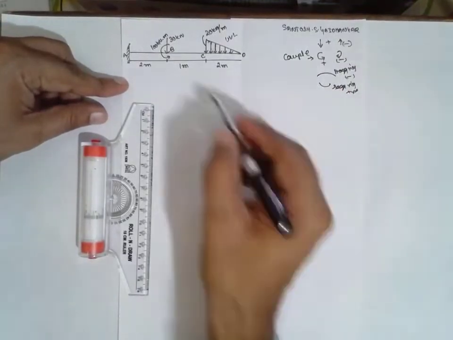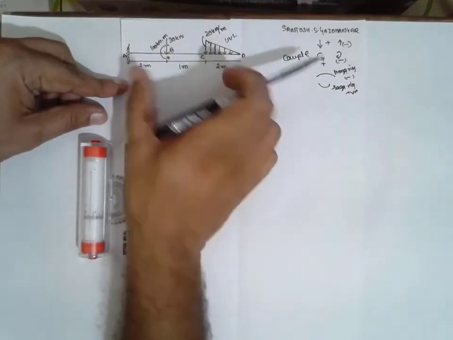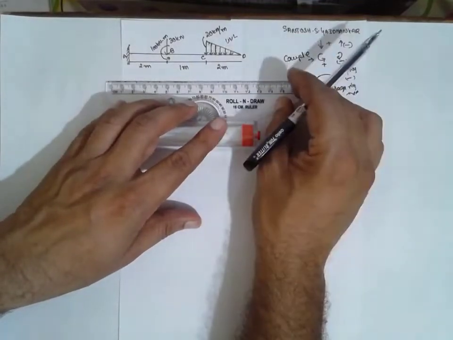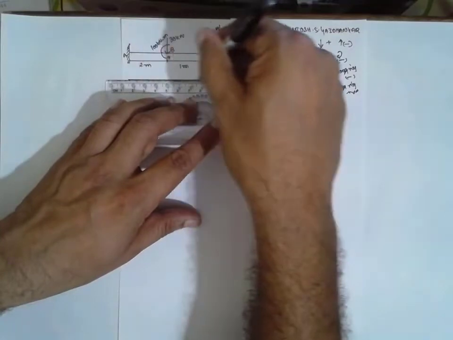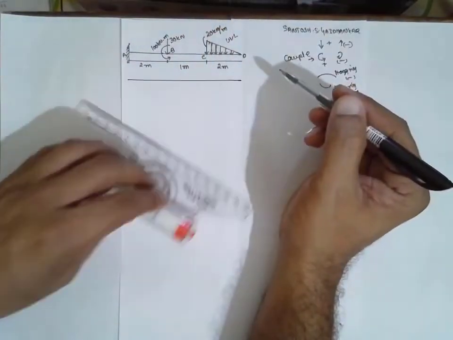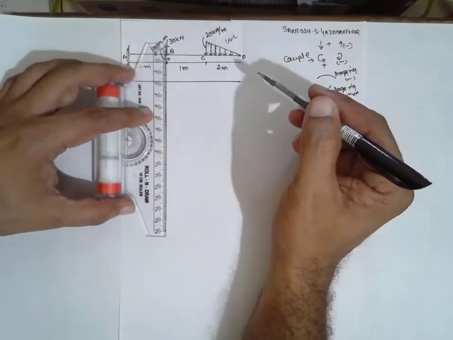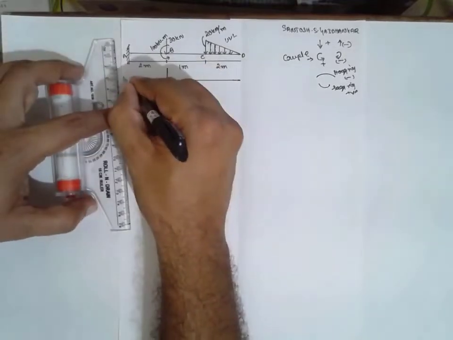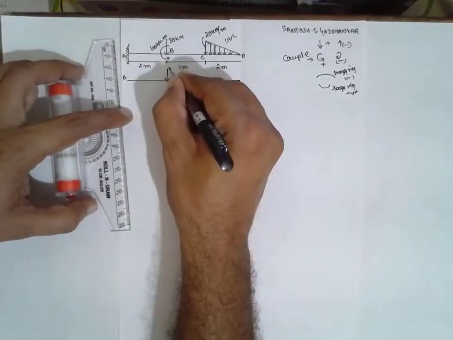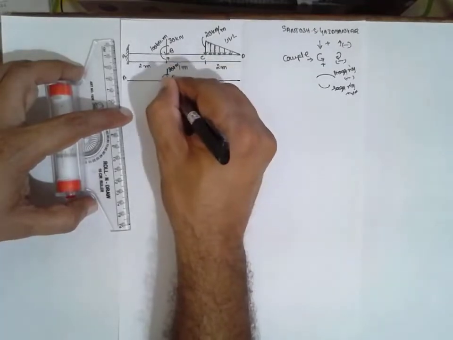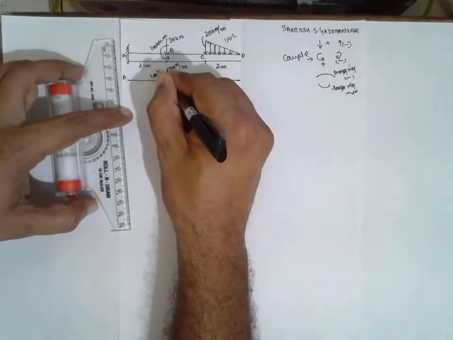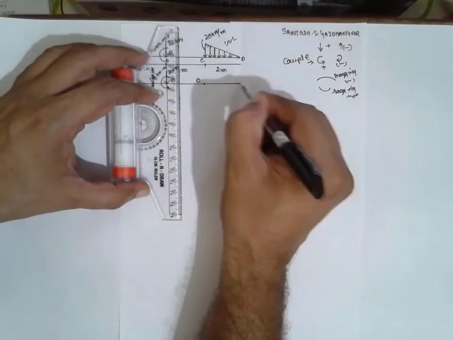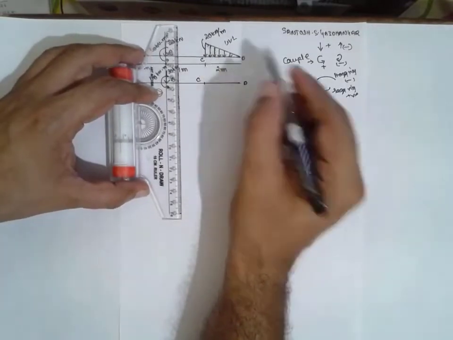Now first I am going to convert everything into a point load. Now converting into a point load. Here the downward arrow, this is A, B, 30 kilonewton intensity is there, a couple of 100 kilonewton meter. Now here it is C and D, and we are making this one into a point load.